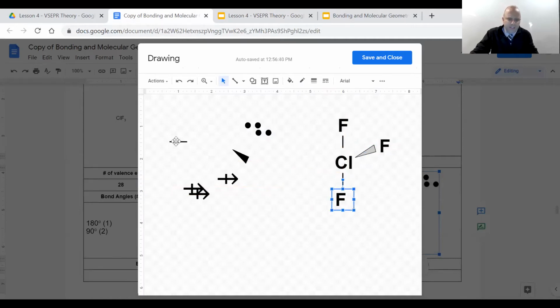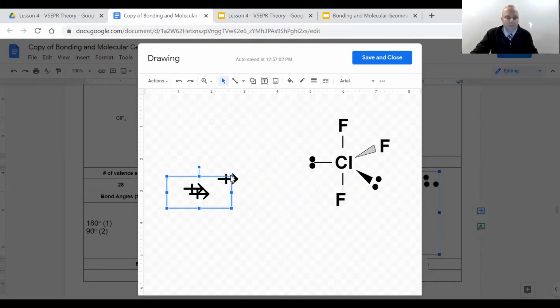And then finally, we're going to have a line to the left. And on that line, we're going to put not 3, but 2 electrons. So we're going to put 1 here, 1 there. Oops, I like trying to line them up, but sometimes you can't. And then down here on the lower right, we're going to put another pair of electrons. And then as far as our arrows are concerned, so after I shrink these boxes,